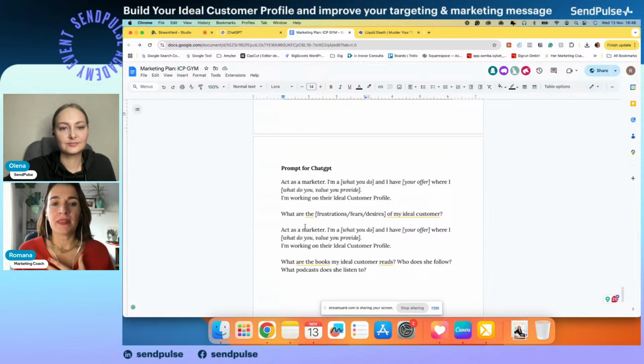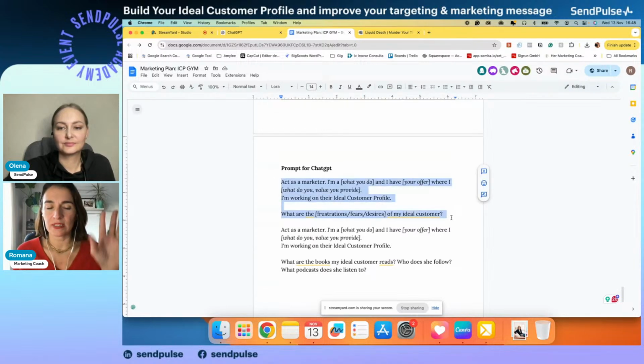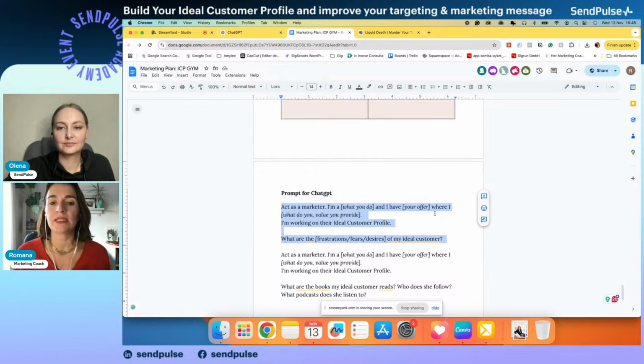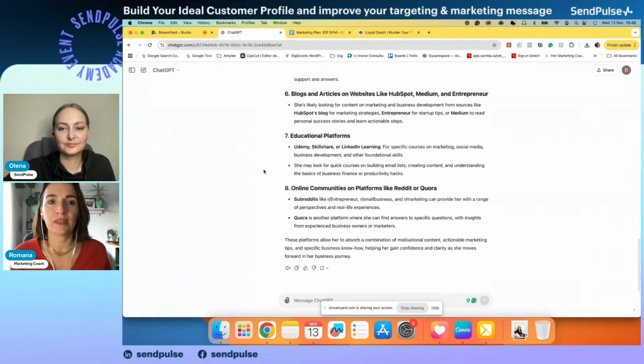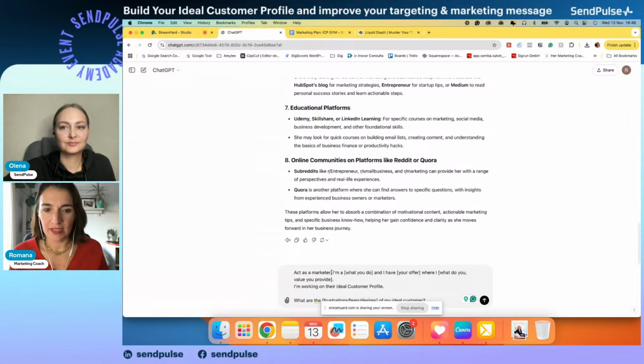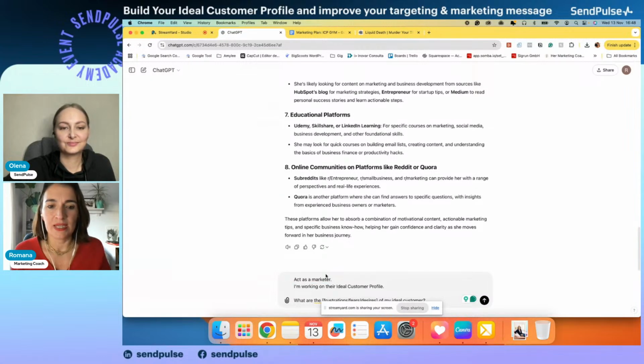And now I will use this one, just because of the fears, the frustrations, the desires. I was completing this. I always encourage people to first try to complete this themselves and then work with ChatGPT a little bit, because it might give you some more ideas and insights that you didn't think about. So again, I will remove this part, because ChatGPT already knows me. We met, we are good friends. So I'm working on my